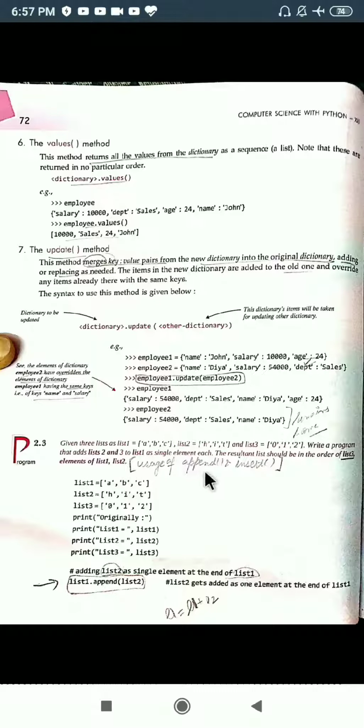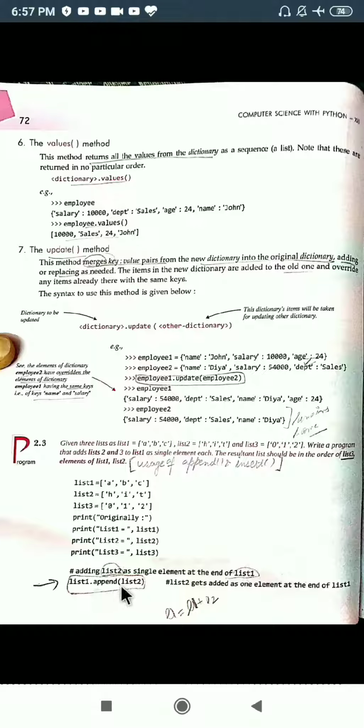Here it is using append and insert functions. You will check the utility of these two functions also. Firstly, we have declared 3 lists: list 1, list 2, list 3. It is list. Now we are not talking about dictionary. Okay, now all the topics will be clubbed together. So firstly we are using these three lists, okay, then we are printing them, whatever lists have been initialized, we are printing them.